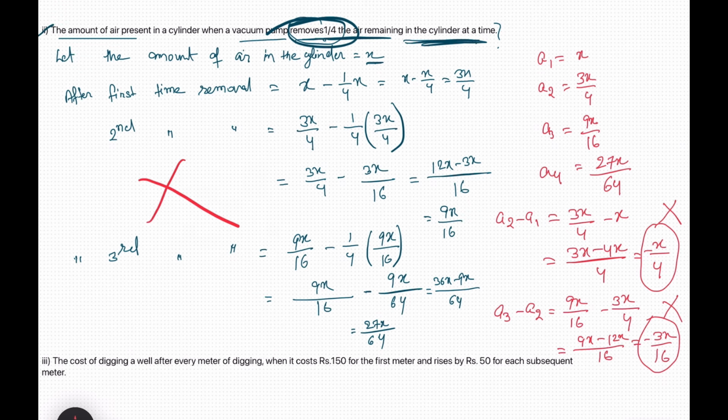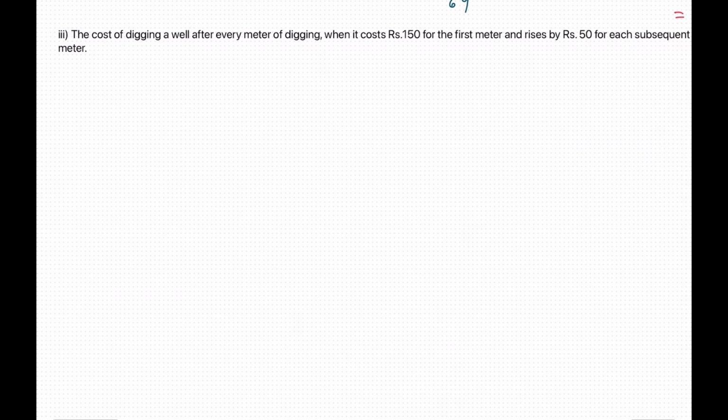Okay. Third question. The cost of digging a well is rupees 150 for the first meter, and rises by 50 rupees for each subsequent meter. So the known part here is the cost of digging for every meter. We have to find whether it's an arithmetic progression or not. The cost of digging the well